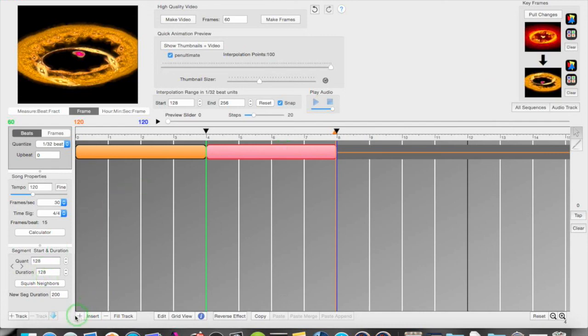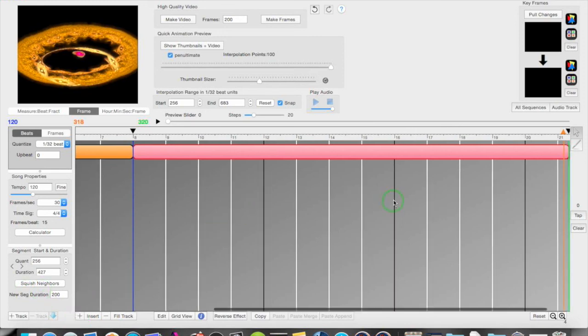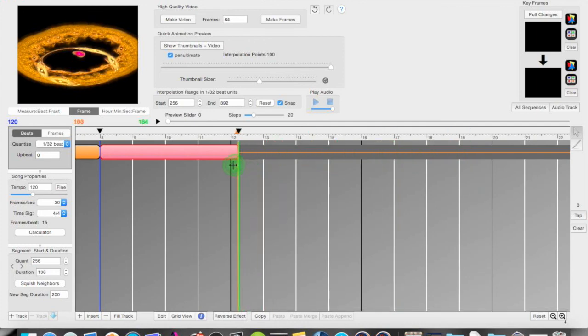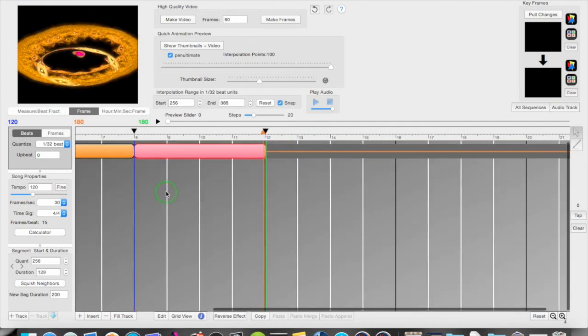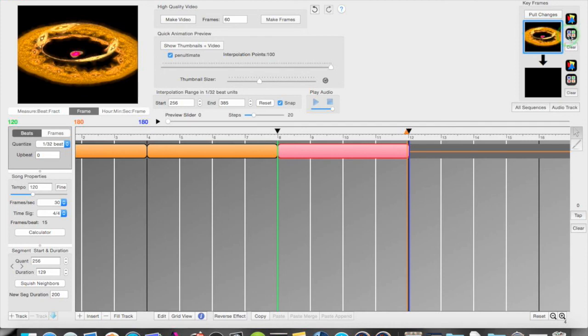So now let's make another one. We click the insert button here. Oh, and that's 200 long. That's too long. I don't want it that long. Just one measure like that. And now I want that ending keyframe from that segment, and I copy it, Command C, and I copy it to the first keyframe of this next segment. Now